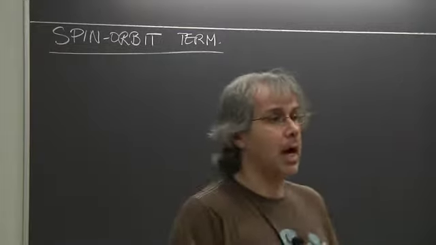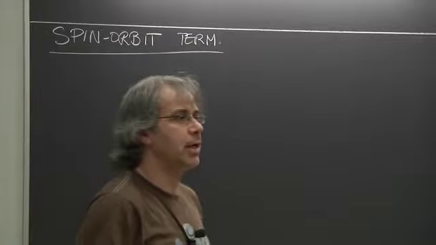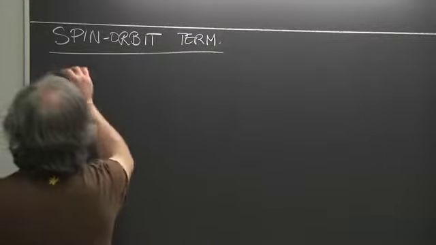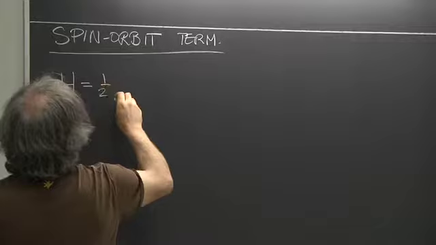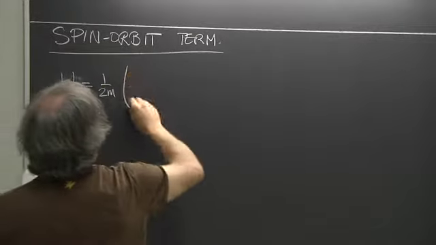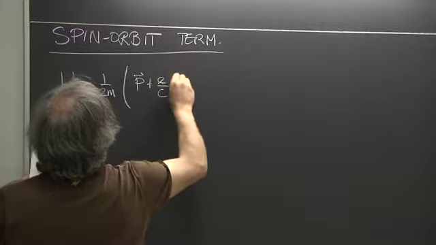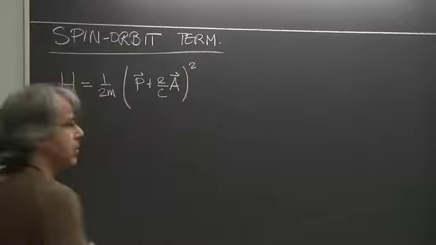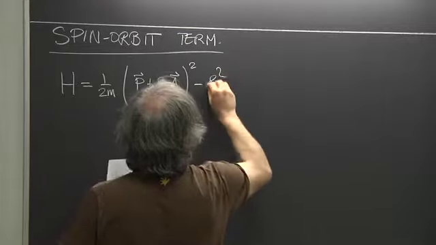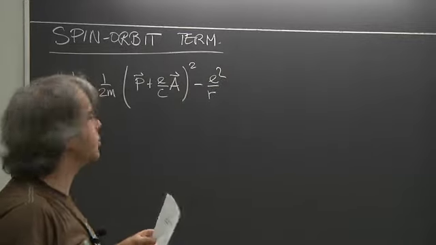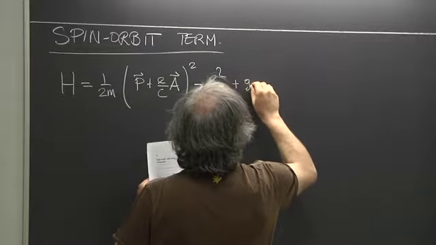So until now, if I ask you what is the Hamiltonian of a hydrogen atom electron, you would write something like this. H equal to 1 over twice the mass, or the reduced mass, whatever, let's call it M, times (P plus e over c A) squared, the vector potential describing the magnetic field. Then there is minus e squared over R, the standard Coulomb interaction. And then, as we discussed just yesterday, there is a new term